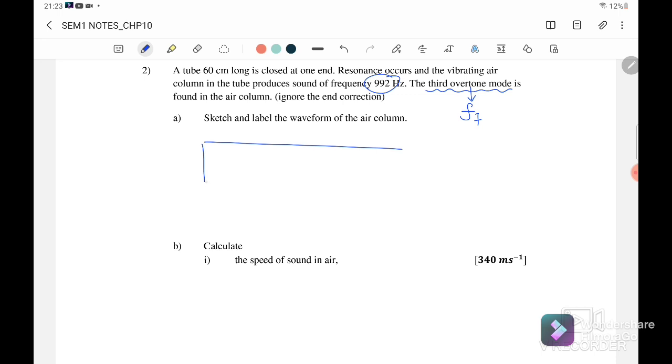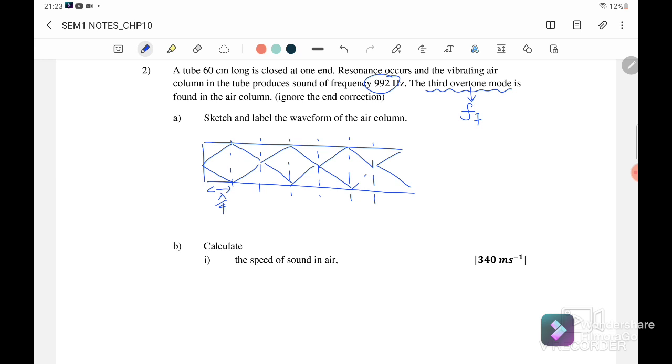We can write here, this is the first harmonic, where the first harmonic is equal to lambda over 4, and second harmonic we don't have, third harmonic, fourth harmonic we don't have, fifth harmonic, sixth harmonic, and this is the 7th harmonic. So the total length here, 0.6 meter, is equal to 7 lambda over 4. Therefore our lambda is equal to 4 over 7 times 0.6. The wavelength that we will get here is equal to